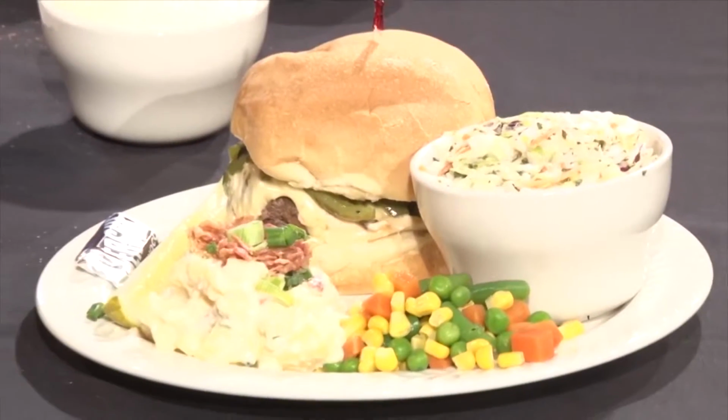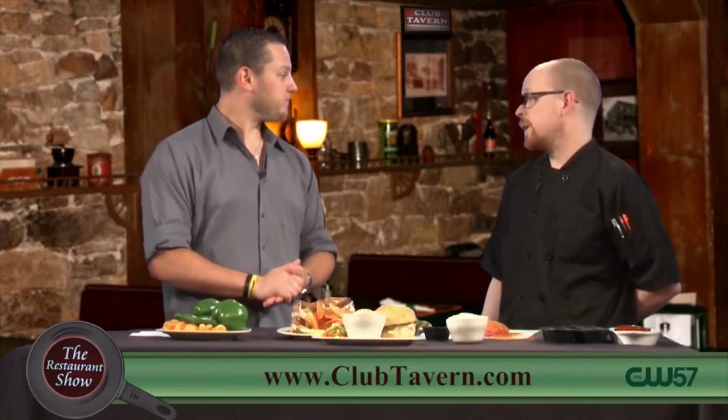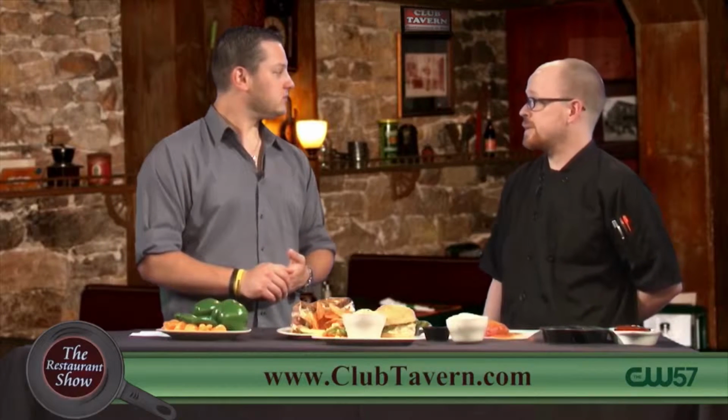And we got some great things going on. We know obviously Badger season's coming up once we get through summer. A lot of other really cool events. Club Tavern kind of goes on the road. You don't just have to stop at the corner of Branch and University in Middleton. Where are some of the places you guys are going to be out and about this summer where we can see you? Well, starting this weekend actually, you can come to the corner of Branch and University and we'll be